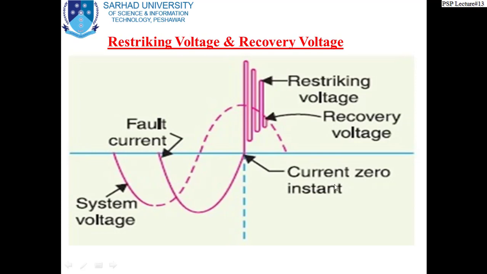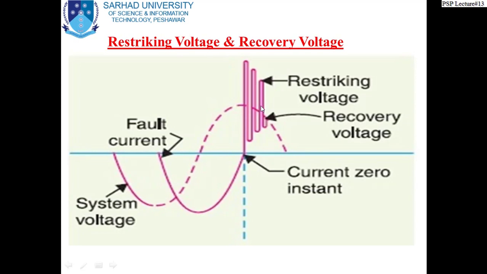So during this instant, the current is passing through these oscillations, restriking voltage oscillations. You see here, this dotted line is shown like this. This restriking voltage is more than the system voltage. These peaks are very high, and actually these peak voltages are sometimes responsible for breaking the insulation between the two contacts and continuing the current for another cycle. So this oscillation can continue for some time.